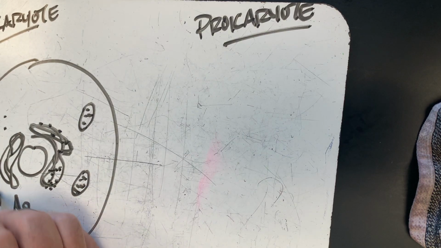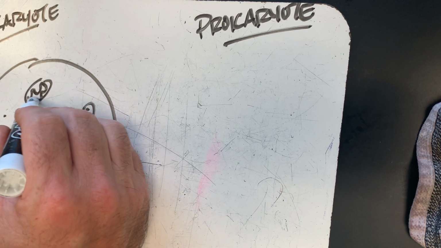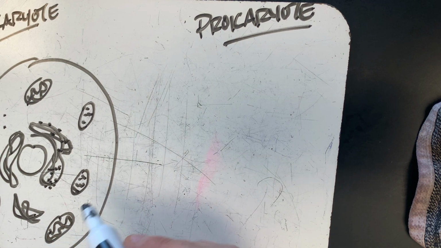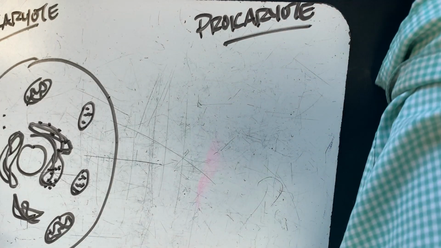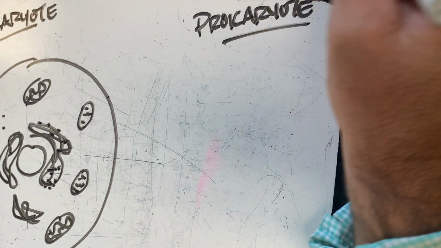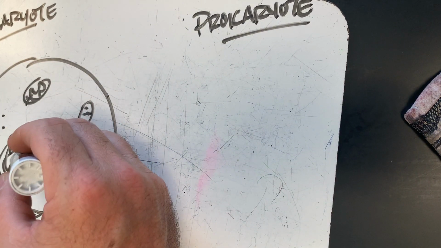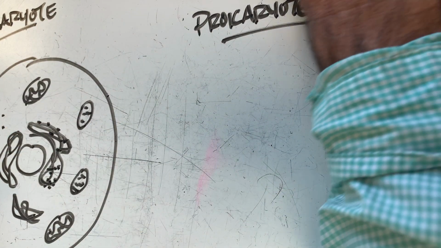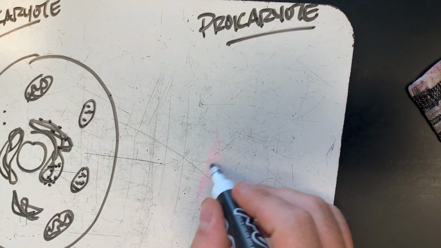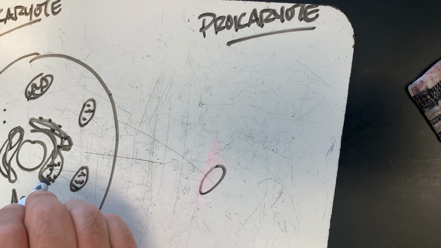I've got mitochondria. Let's say all eukaryotes have mitochondria. I've got my cell membrane. Let's think, what else am I missing here? Let me see. 1, 2, 3, 4, 5, 6, 7 is about right for right now. We'll leave it at that. Now, a prokaryote is going to be about this size. That's literally it. They're tiny compared to eukaryotes.